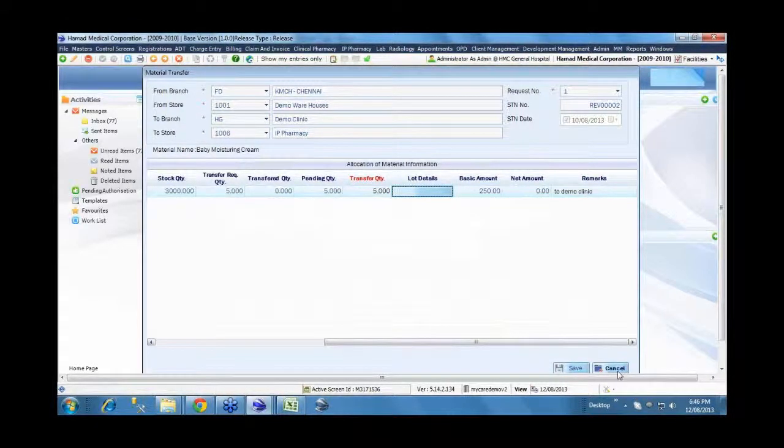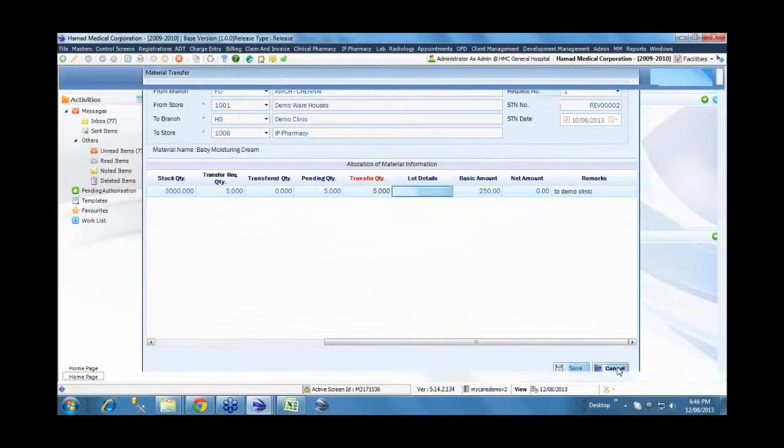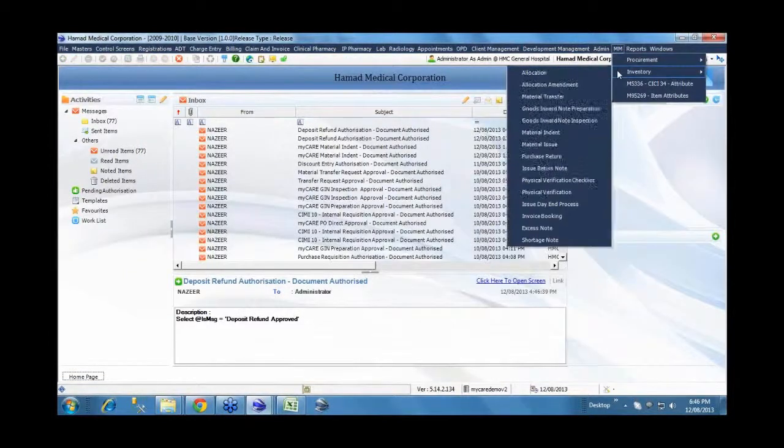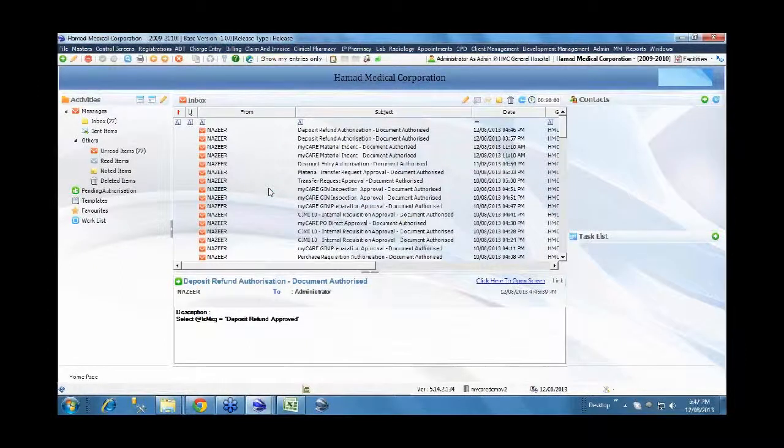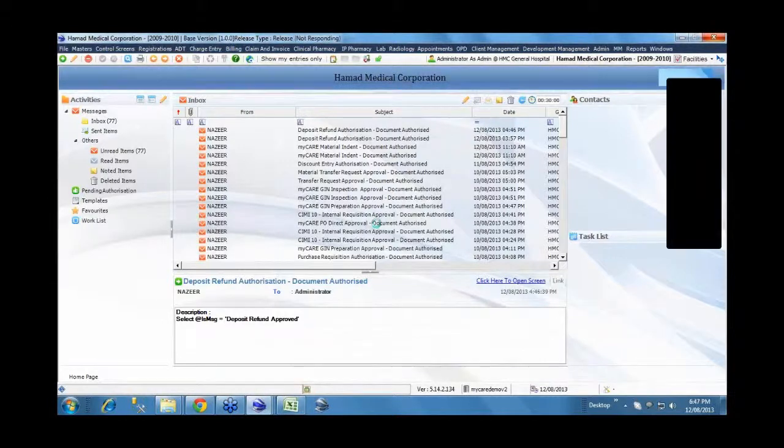Once this material transfer is done, there are two processes again. It can be an auto update of stock to the other substore, or there can be an acceptance mandated from the other substore. So they can do a goods invoice note preparation. The other department, substore or facility has transferred this particular item to the substore. From here they can do a goods invoice note preparation, saying I have received a material inward note for some items as an internal transfer.